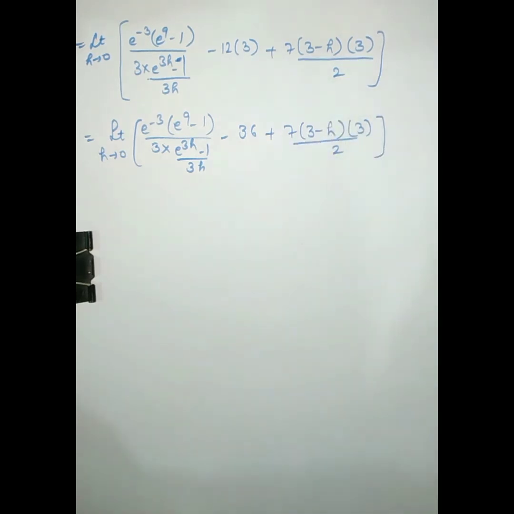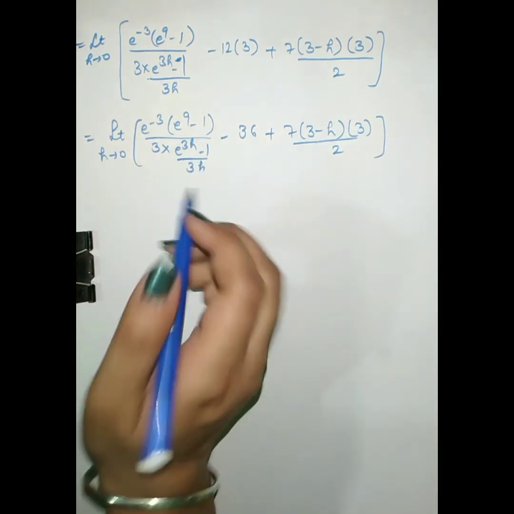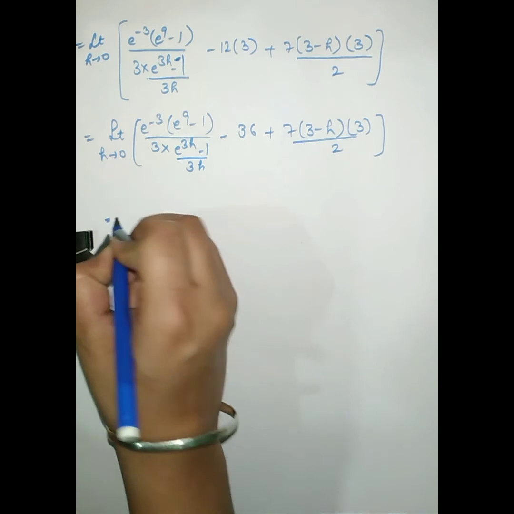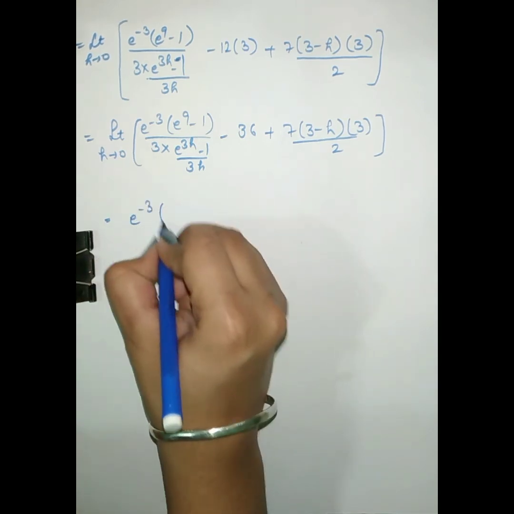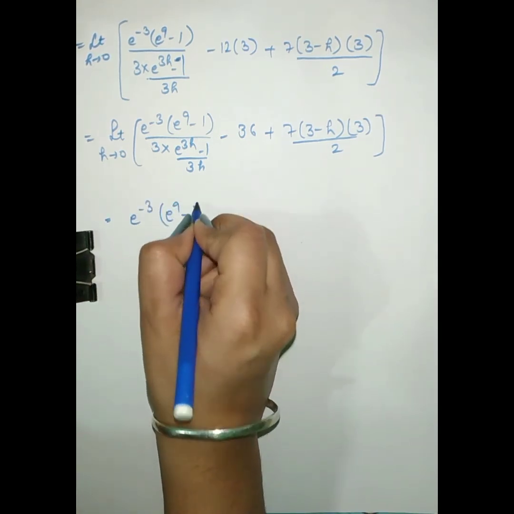Then we will put the limit h approaches to 0, that means h will be equal to 0, then we get the term e raised to the power minus 3 into e raised to the power 9 minus 1 upon 3,